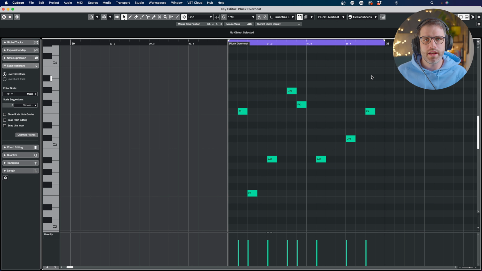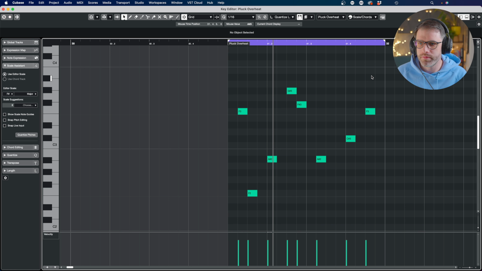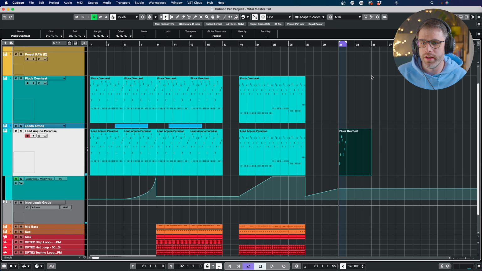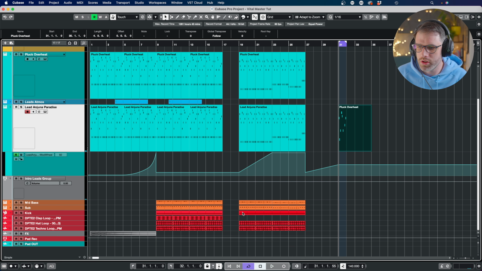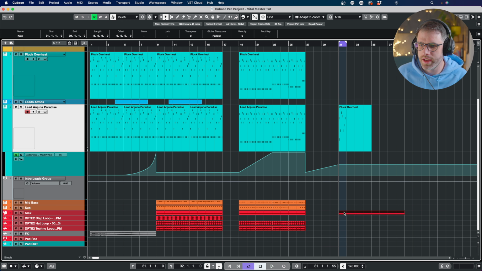So we've got the main elements of our track, but obviously it's not in context. We can put the clicker on. So some of you might be actually happy with that, and then use the bass line on top of that. So if we was to copy over our kick for context,